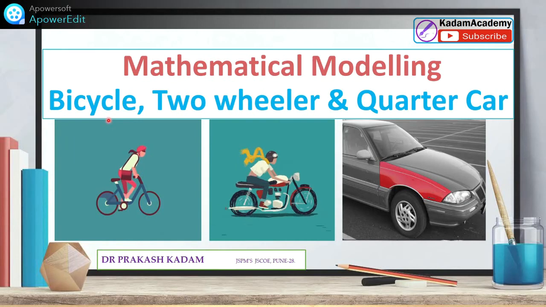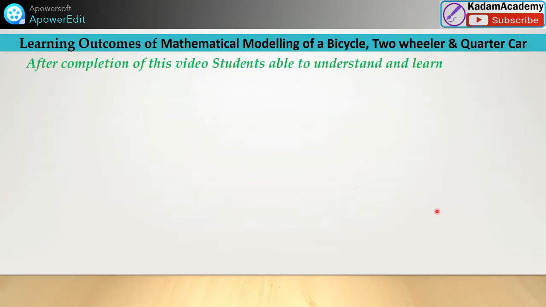Here, see, this is the bicycle. This is a two-wheeler, that is a motorbike. And this car is just a quarter car. It shows how, with the quarter car, we can convert physical systems or actual models into a mathematical model. And what you learn after watching this video for this bicycle, two-wheeler and quarter car: